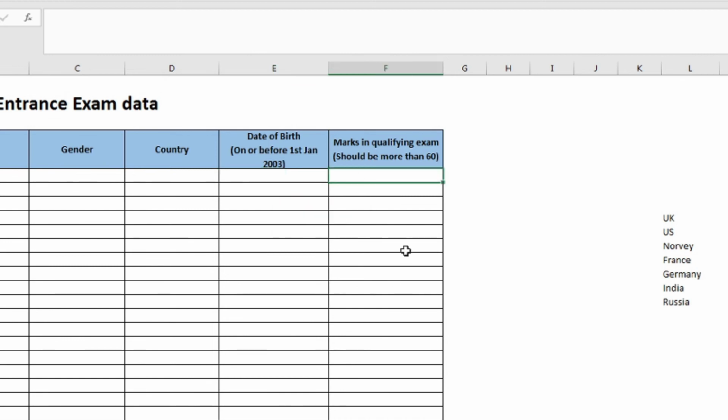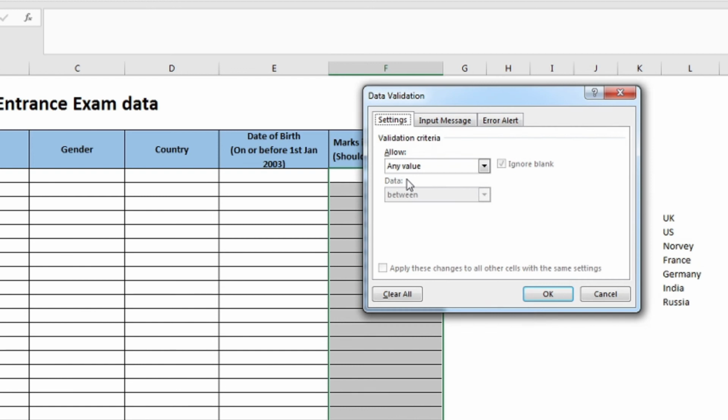Now what about this qualifying exam marks? As I told you, for this entrance exam, in the qualifying exam the person should get at least 60 marks. For that I will select the data and I will again use the data validation, that is Alt DL.